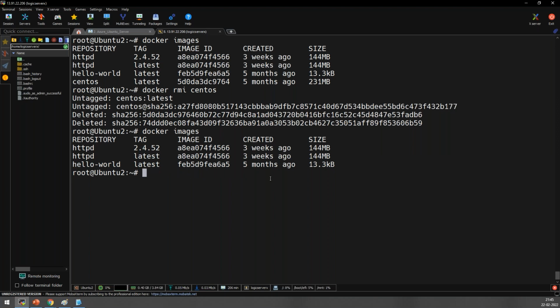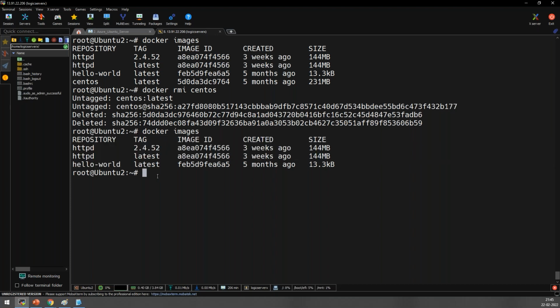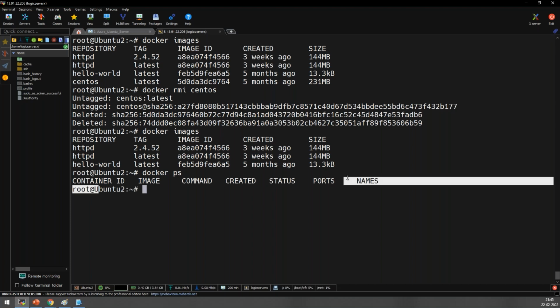Chris, you want to see the list of containers? Can you deploy a container from the image? I'm yet to show you that. I'm going to show it slowly. If you want to see the images, you can see that there are 3 images now. If you want to see if there are any containers, just type docker space ps. You can see there are no containers running now, so it's not showing anything.